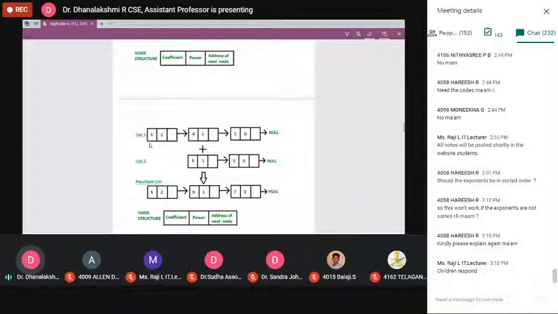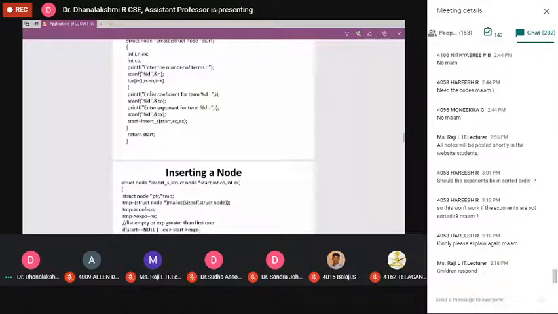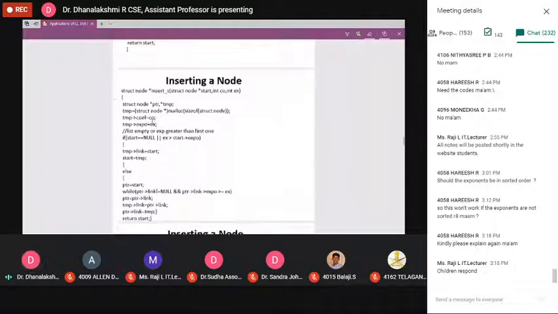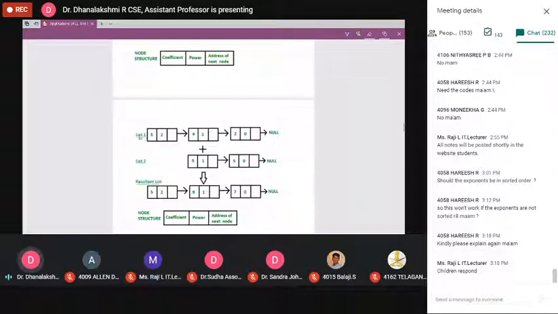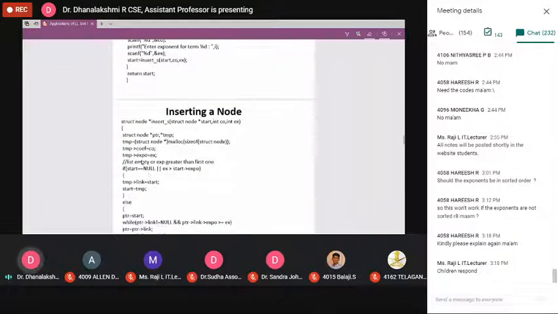Allocate the memory space and assign the values, the coefficient and exponent part. If start double equal to null, here assume this is our start. Start double equal to null means there is no other node, no other memory address in that start pointer. It does not point to any node in that list.